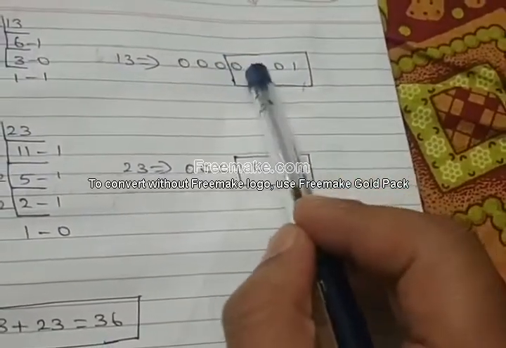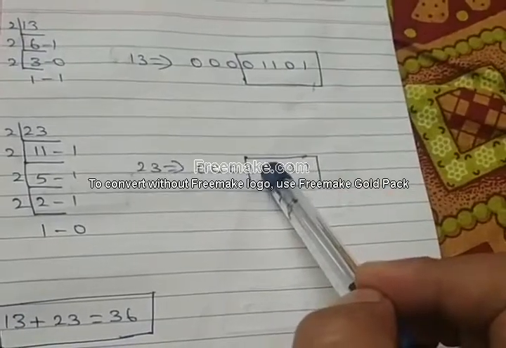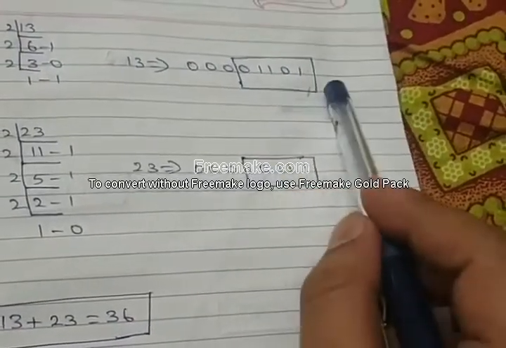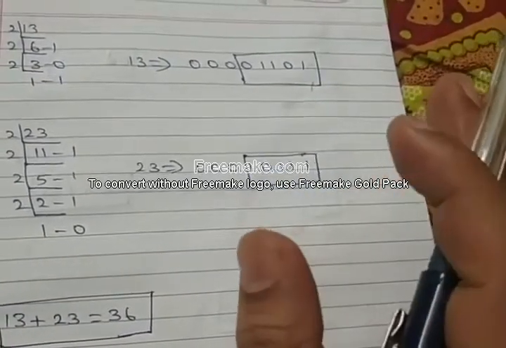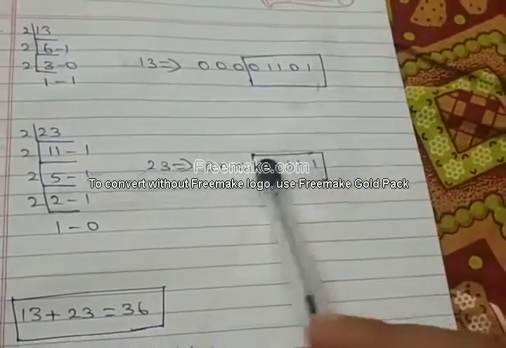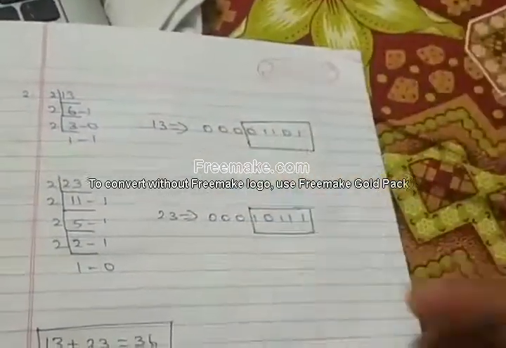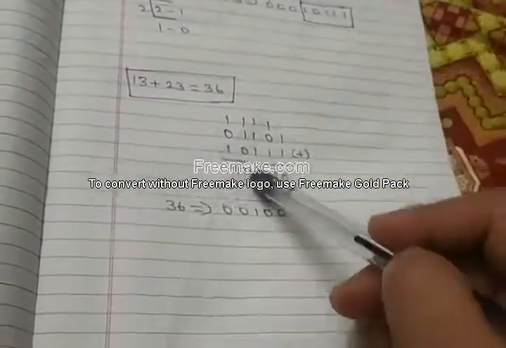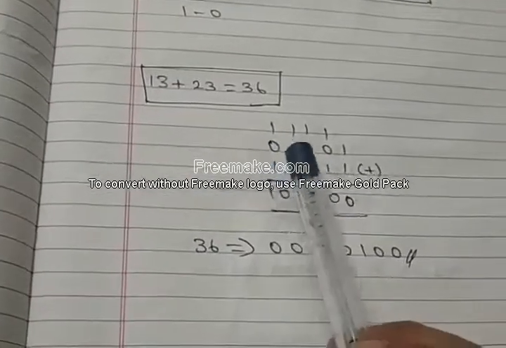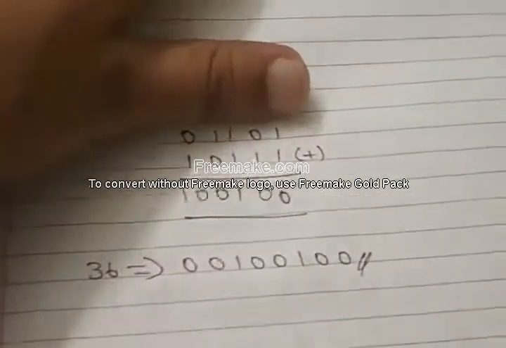Why are we taking this one also? Because for addition, an even number should be there, right? Here also 5 numbers, here also 5 numbers, means properly we can do the addition, right? For that only we are taking these 5 numbers, and here also these 5 numbers, to make a proper addition. First write down this one, and then below that write down this one. Okay, 0 1 1 0 1 1 0 1 1 1.